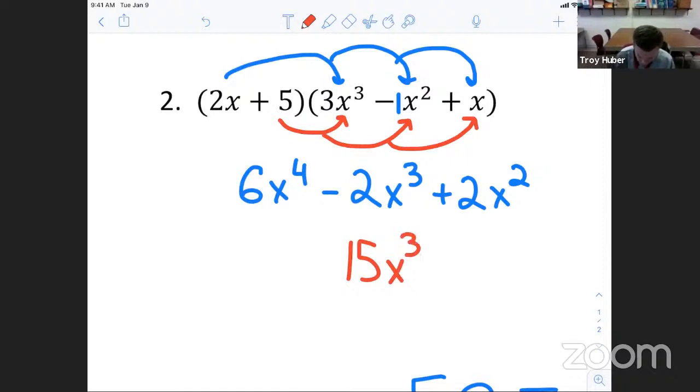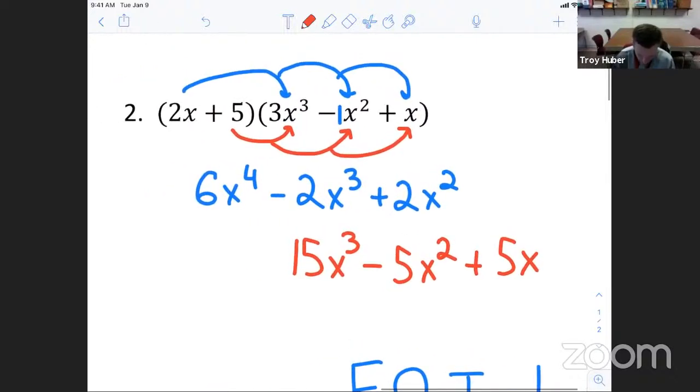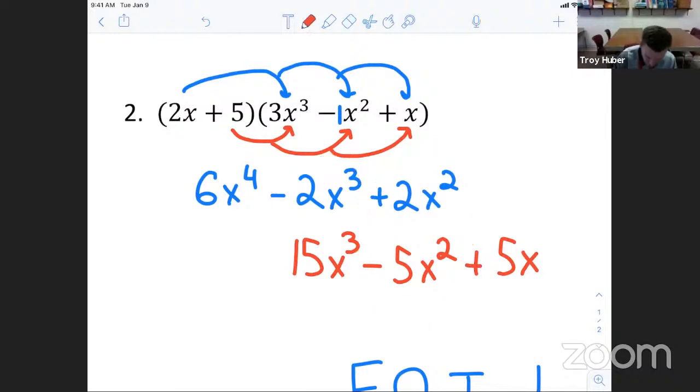5 times negative 1 would be negative 5, and then we have x squared. And then 5 times x would just be 5x. Now, you'll notice how I wrote these to kind of help me when I'm combining my like terms. See how I lined up my x cubes and I lined up my x squared? So now, when I go to simplify this,